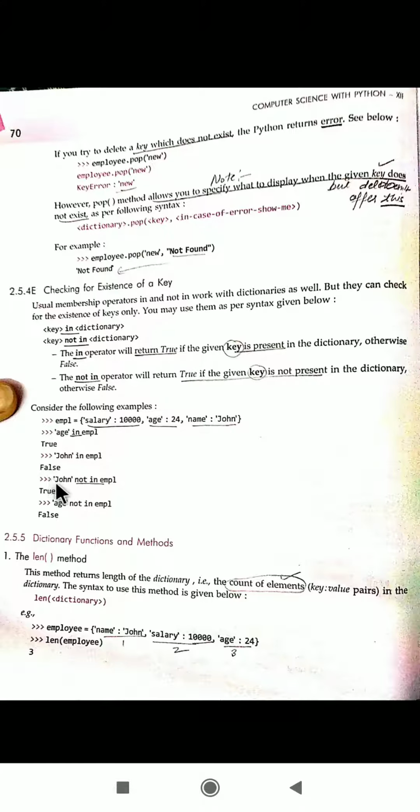If you say John not in employee, why not in? Because it is not any of the keys, it is a value, and it is not searching values. Age not in employee: although you can see age is here, we are checking not in, and it is there, so it will become false.